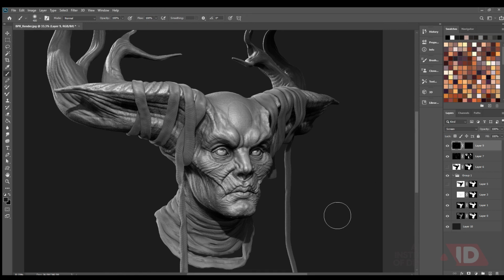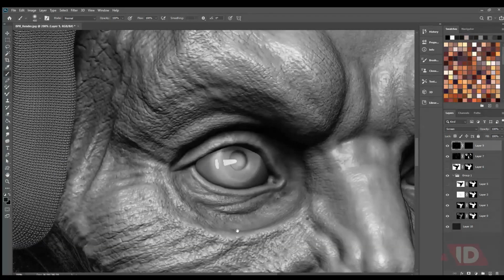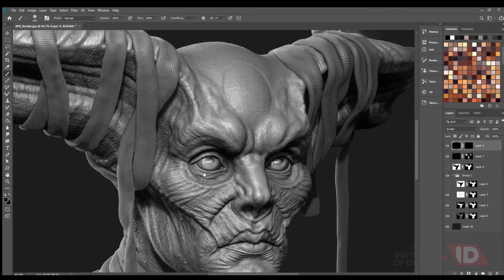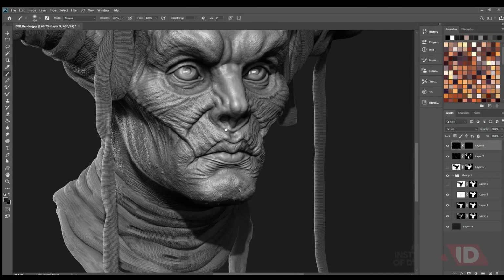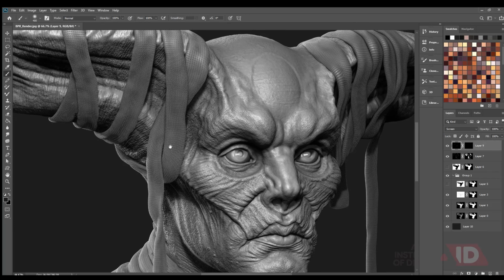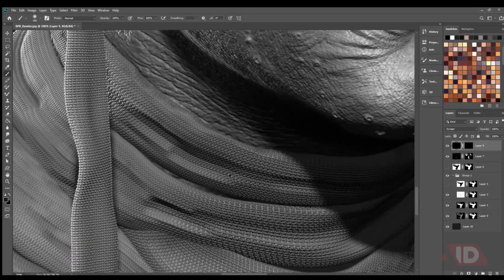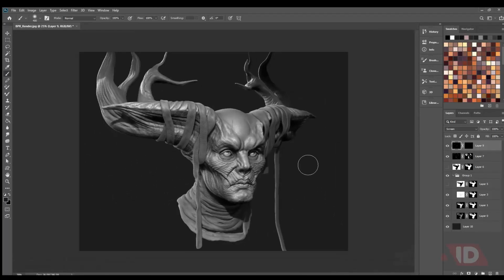So I got the reflection with all render and all passes. If you zoom in, you can see the render is quite high quality. You can see each and every detail here, all skin details, whatever you have sculpted, even your cloth detail, everything you can see. So it looks nice. Then just simply save this, and you are done.